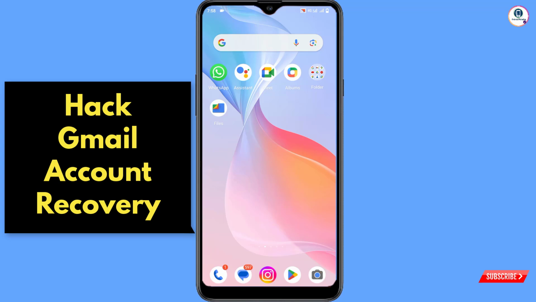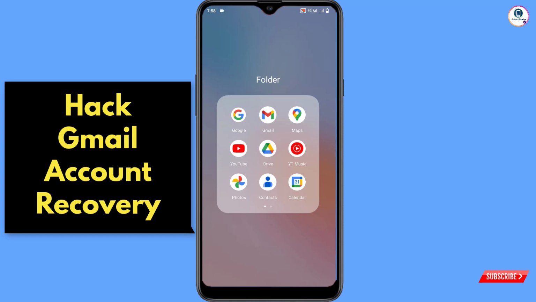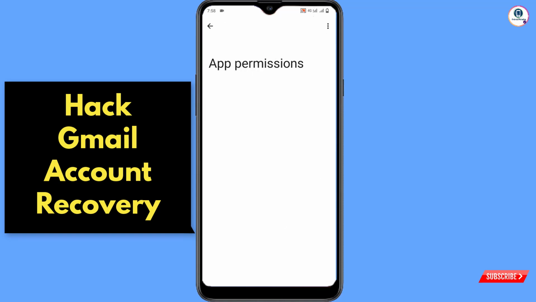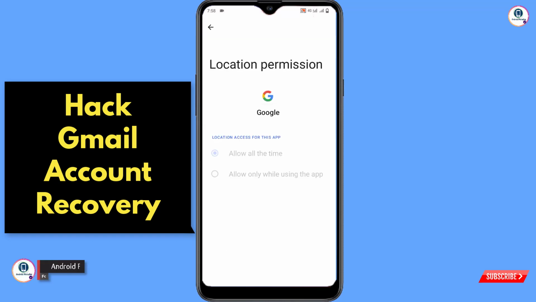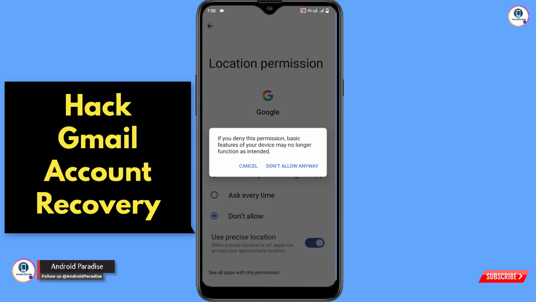In step 1, you have to open Google, hold your Google app, tap on information and then tap on permissions and tap on location, and you have to tap on don't allow. Tap on don't allow,